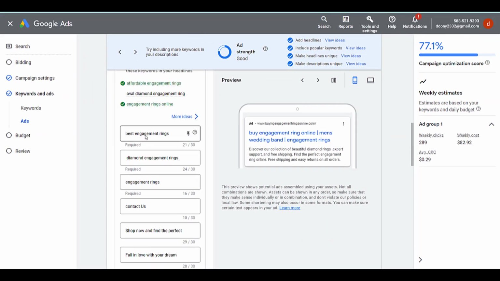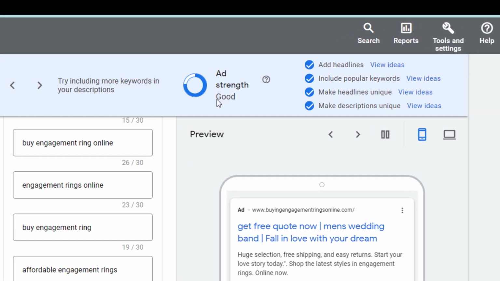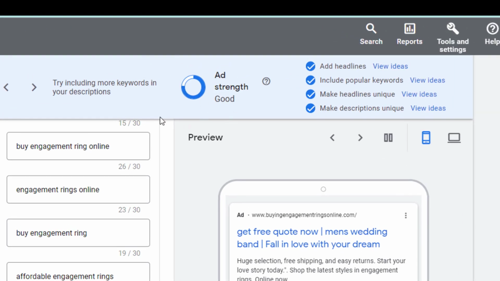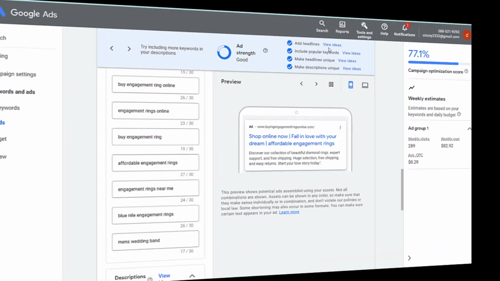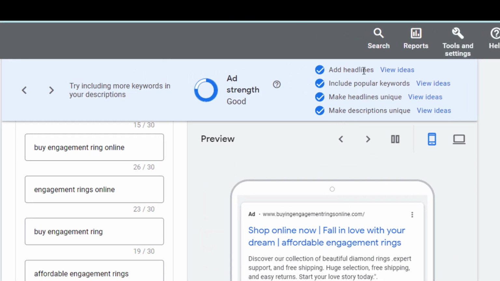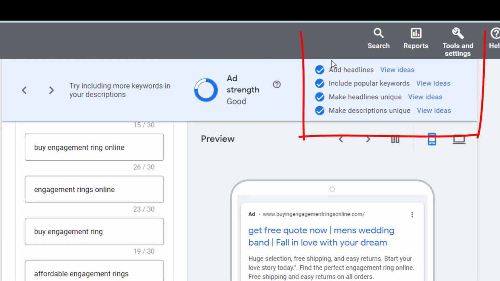You can fill everything in here based on Google Ads requirements, and make sure you have a good ad strength with the Google guidance and get a good score, and fill in here until everything is checked.